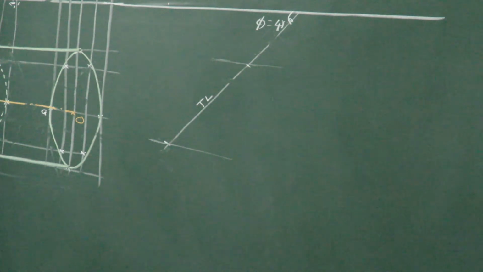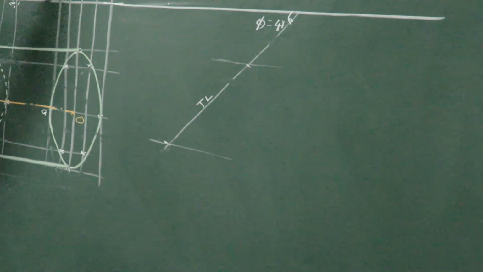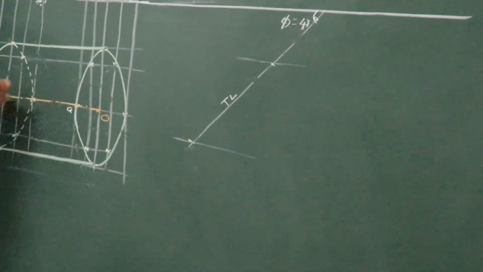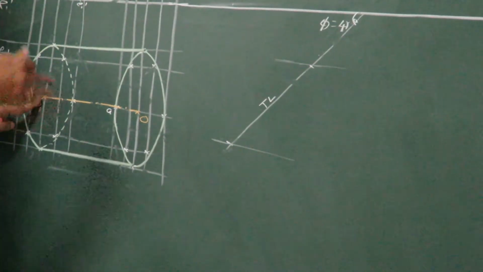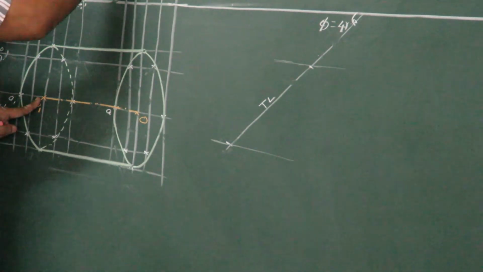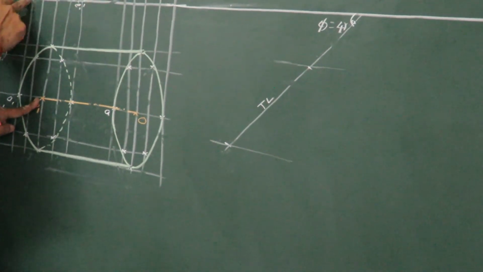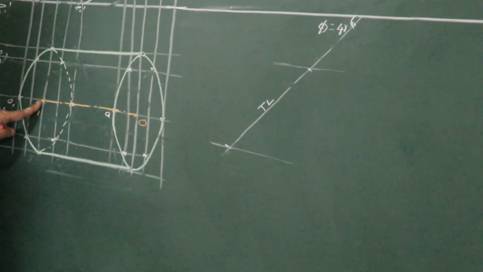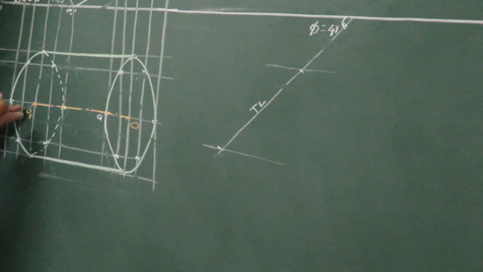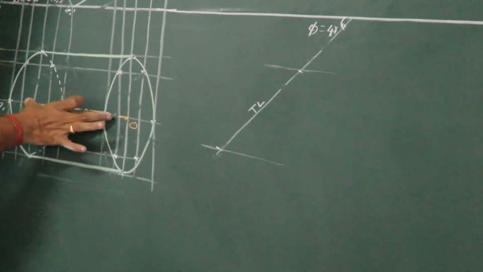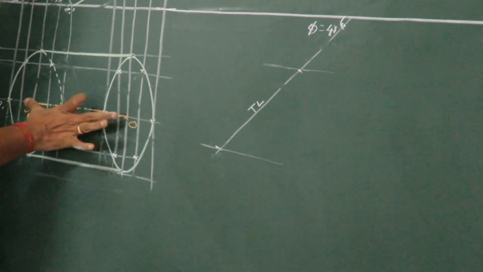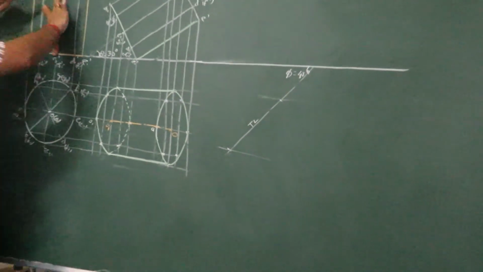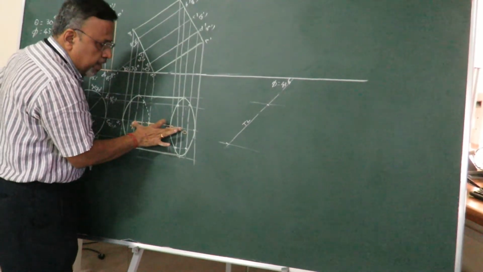Is it okay? Now I know the apparent length. So what is the apparent length of the axis? That is because this axis is inclined 30 degrees to HP. Let us say the axis is inclined at some other angle, I would have got a different apparent length. Now in this particular case, since for a given length of the axis which is inclined at 30 degrees, apparent length has to be this one only. So this will not be different. Is it okay? Now anyway, this apparent length I can get from the second stage. So I will take this length. Okay, so now we can see this apparent length has to be smaller than true length. You can just see, that's what I have taken. Is it okay? So I will take this apparent length.